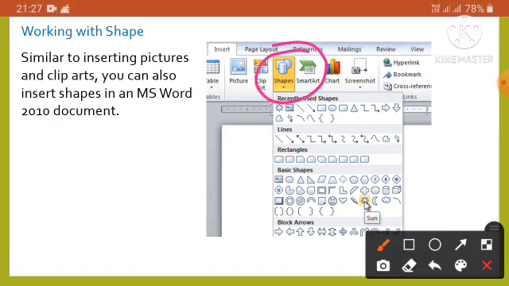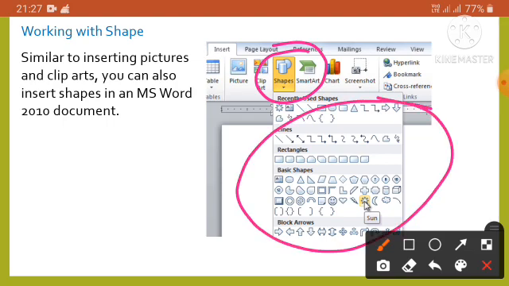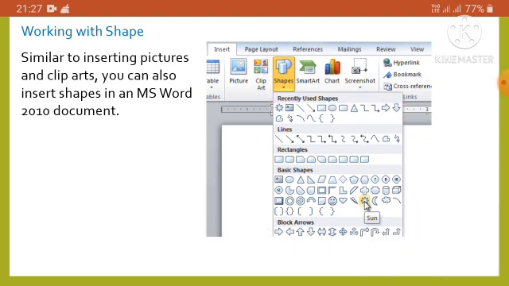The categories of the shapes that are available in MS Word here are the same as those available in the earlier versions of MS Word. The only difference being that now you can see all of them simultaneously in the drop down list here. So it is the category of all the shapes here.